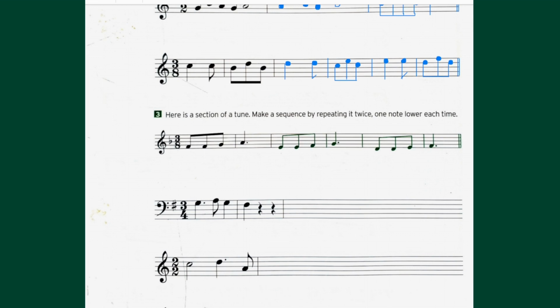Here is a section of a tune. Make a sequence by repeating it twice, one note lower each time. So this time we're gonna have to shift this melody one step lower. You can see this melody is starting from G. I'm gonna move this note one step down to an F, and then it moves up a step higher, and I'm gonna shift that note also one step down